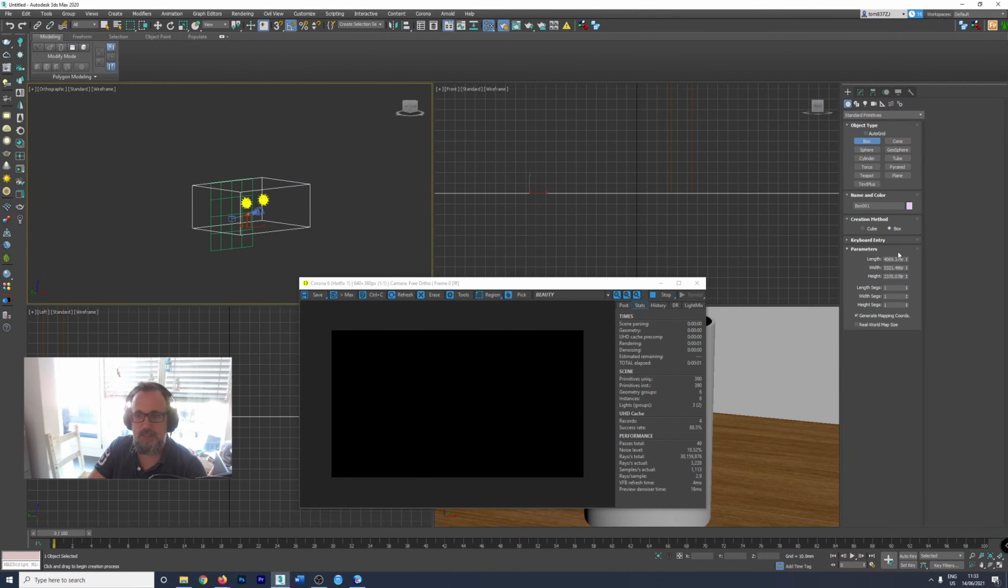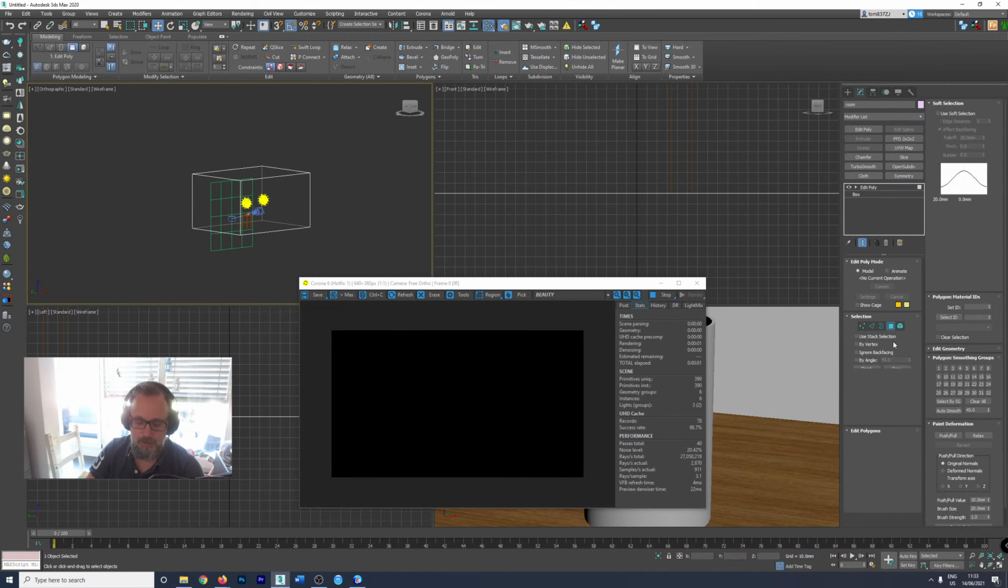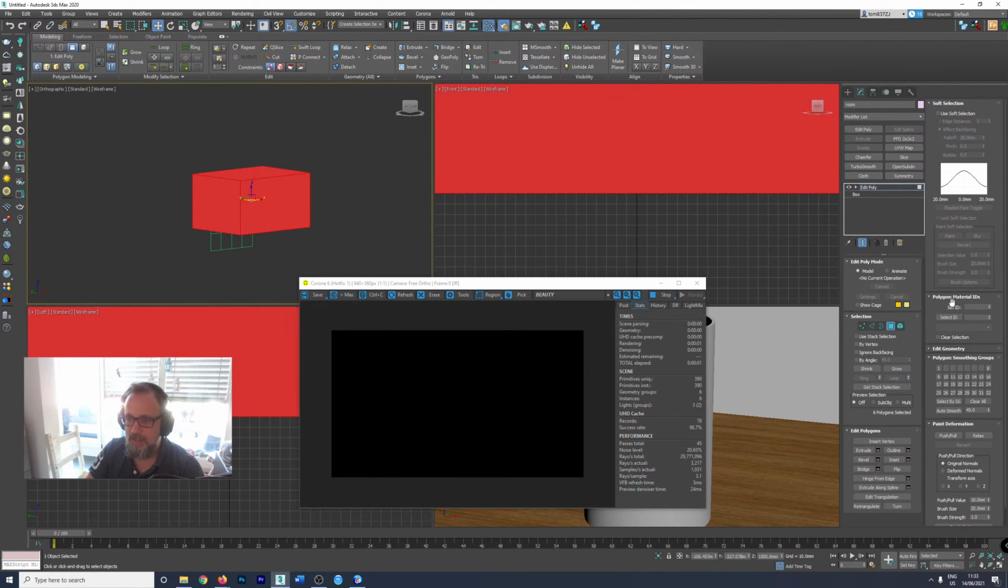So the box is like this. Let's push this height up to like 3 meters. And then what I want to do is just invert this box. Just give this a name, call it room. Room. And then I can just put an edit poly, and then select all of the sides, and then